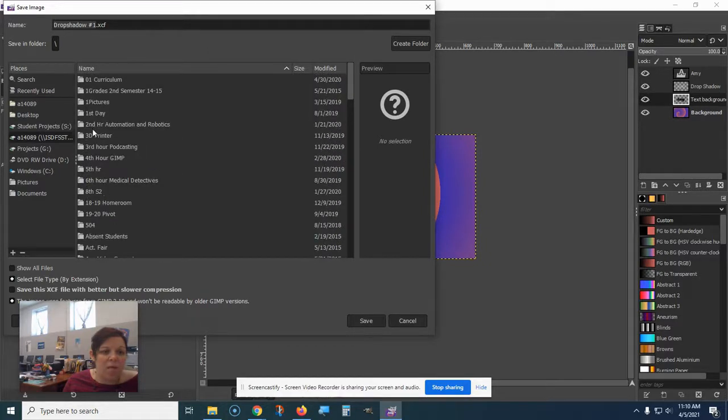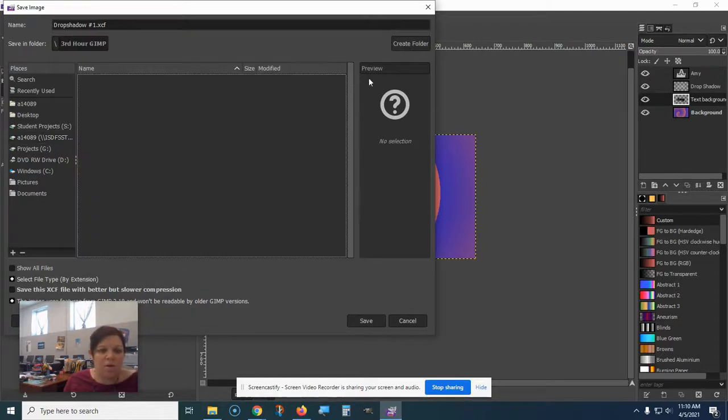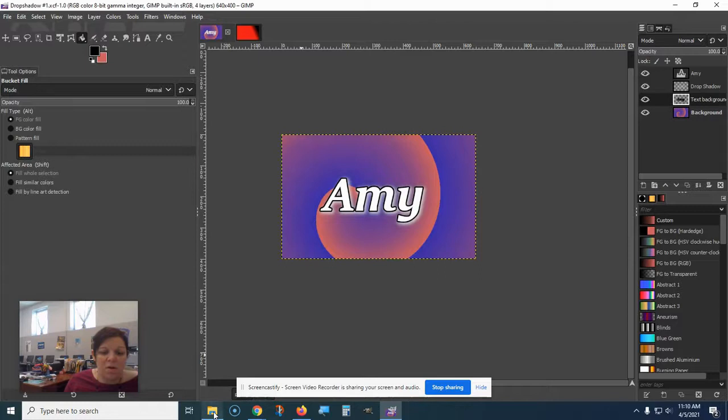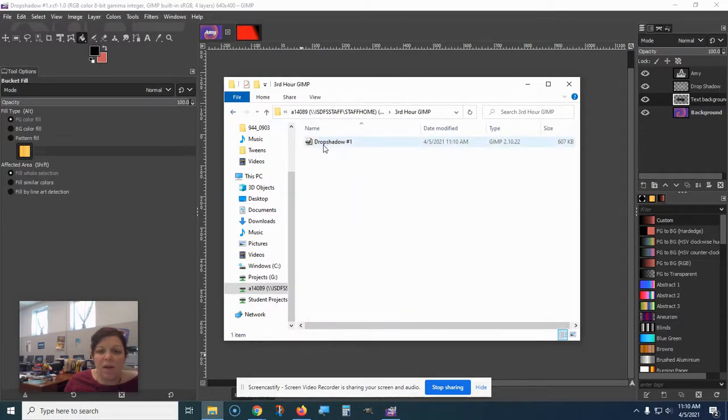So I'm going to click Create Folder, 3rd hour GIMP. Have it create the folder, hit enter. There we go. And it says 3rd hour GIMP. Okay, and now this is an XCF. So this is just going to be saving this as a file that I can continue to edit. So if I click Save, then I can open this back up, and that's something that I can use again